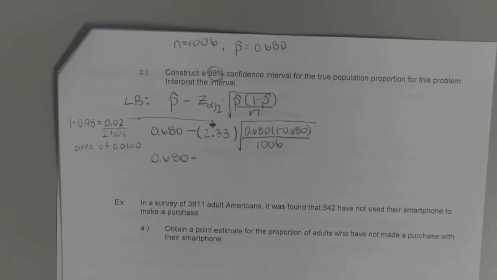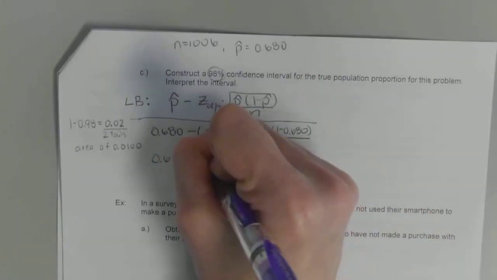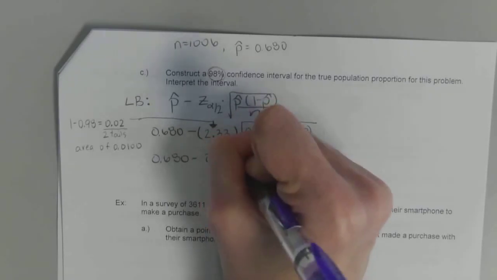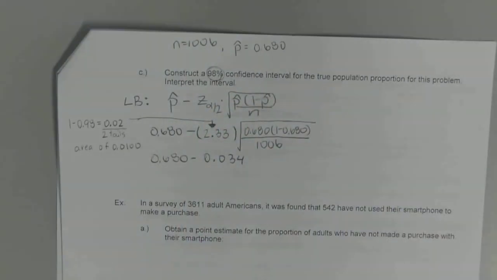Round to 3 decimals, so whatever you round your p hat to, round that margin of error to that. When I did that, I got 0.034. Are you guys getting that when you put that in? Okay. Keep in mind, it's kind of like a give or take, all right? So if we're talking about what